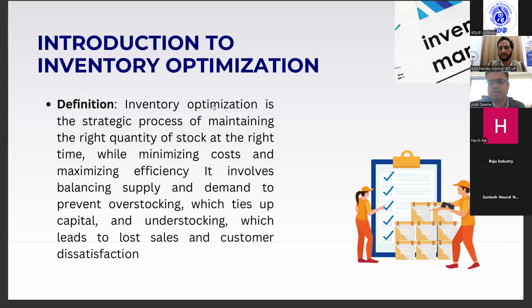So today we will look at inventory optimization, especially when it comes to FMCG companies, manufacturing companies, companies which are into trading. So inventory optimization by definition is basically maintaining the most optimum level of inventory in all scenarios, and